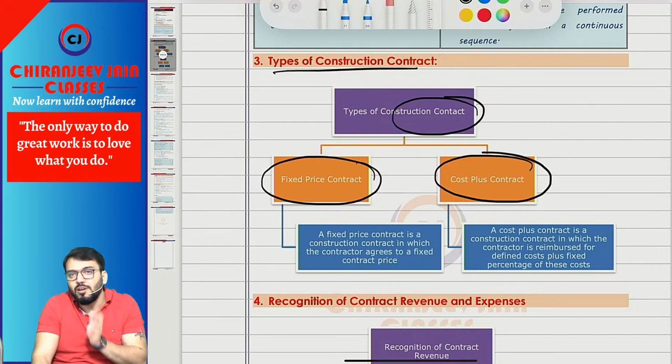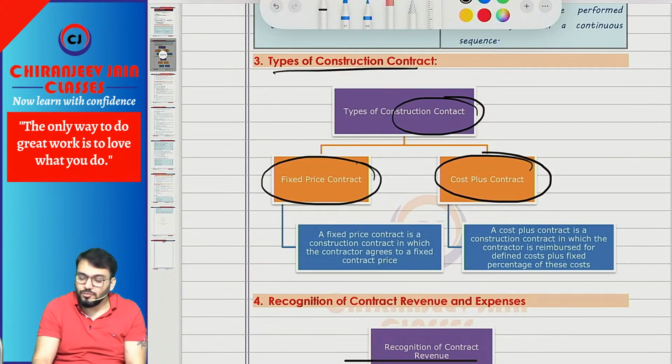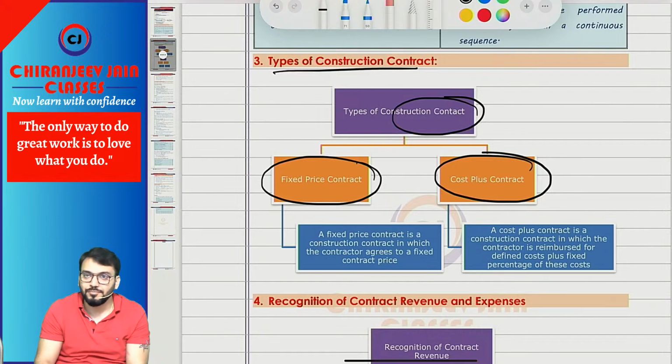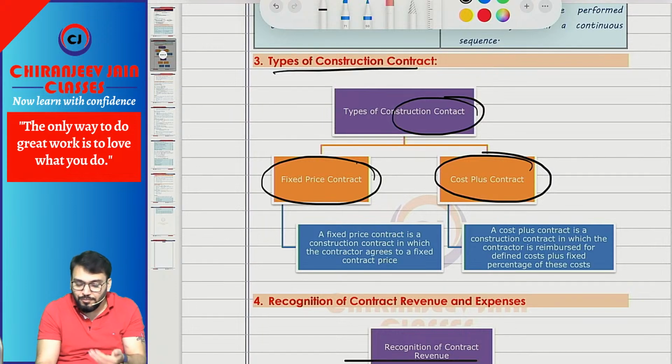Fixed price contract means what? When the contract price is fixed in consideration, it is fixed per output. Understood? But when I am saying cost plus contract, it becomes variable. So it will be cost incurred plus some reasonable profit margin. That becomes cost plus contract. Understood? So a cost plus contract is a construction contract in which the contractor is reimbursed for the defined cost plus